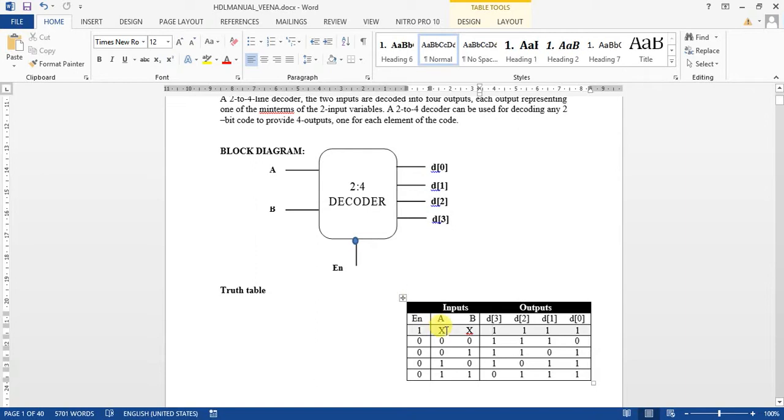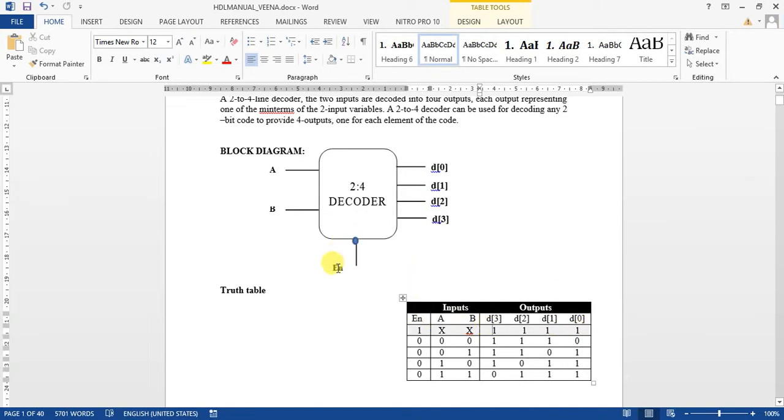Whatever x means, you give either 0 or 1. For all the combinations like 0 0, 0 1, 1 0, 1 1, the output is always 1 1 1 1. For enable 1, since it is active low, for any combination of A and B, the output always remains at 1 1 1 1.